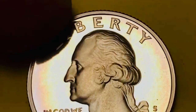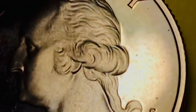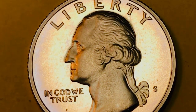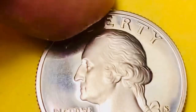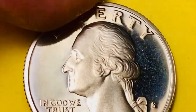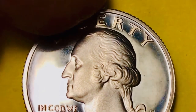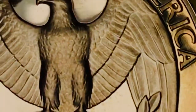They also made San Francisco Mint quarters, and we haven't really talked much about these because they just don't have a huge value. If you get the proof 65, this is probably above a proof 65, but if you get the proof 65, you're only talking about $3 to $5 for one of these. They made 3.26 million of the San Francisco Mint. They did not make silver that year, so you won't find any silver ones. And when we turn this one over, we see this one has